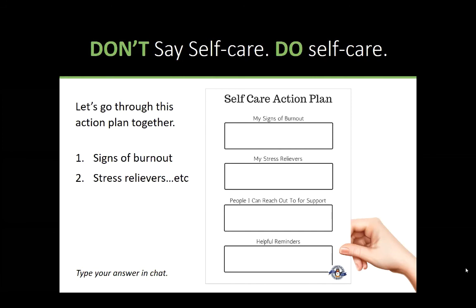So now we have strategies for our families and ourselves. We could put the 7 C's of resiliency on our fridge for our families, and we can put our self-care action plans on our own fridge. That way, every day we walk to get a stress snack, we're reminded that this is okay. We can breathe. We can do this. And together we can build resilient families.